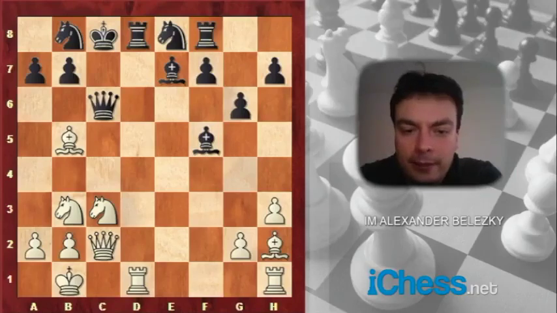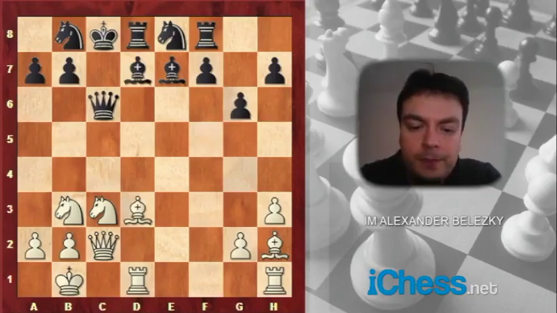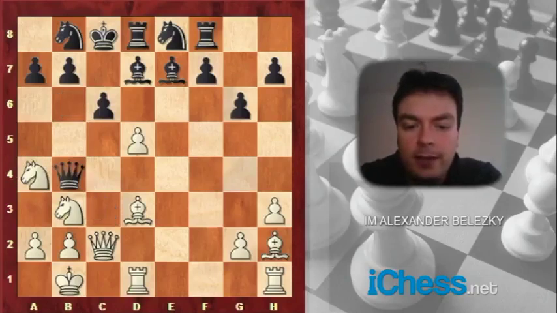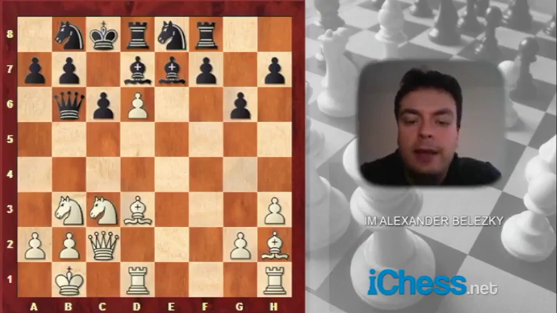So really quite interesting position. So dc6 isn't really working because it gives the black queen a way out. So what else? Now we can switch to threats. One possibility would be to play knight a4, but here black has a good move, queen b4. What else? You can play d6, attacking the bishop. And now after black moves his bishop, let's say to f6,